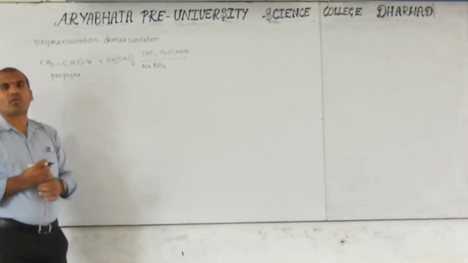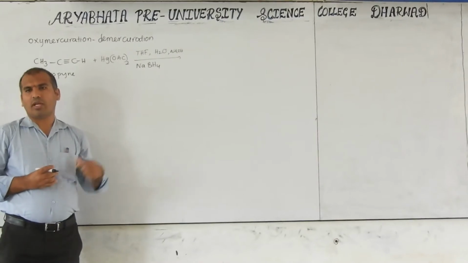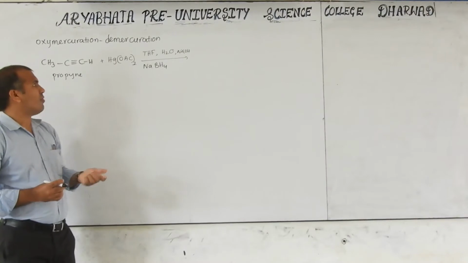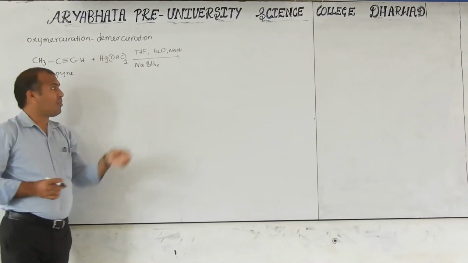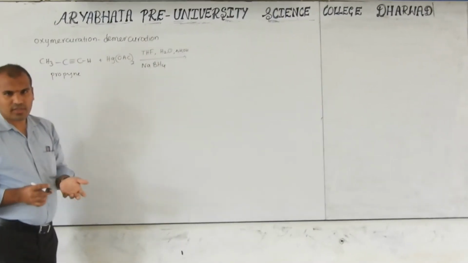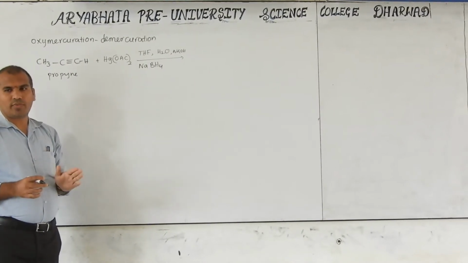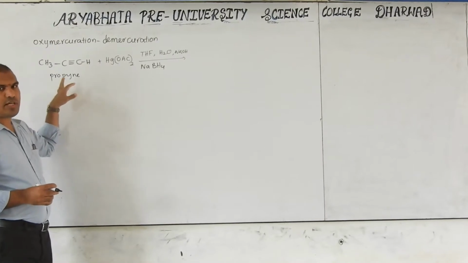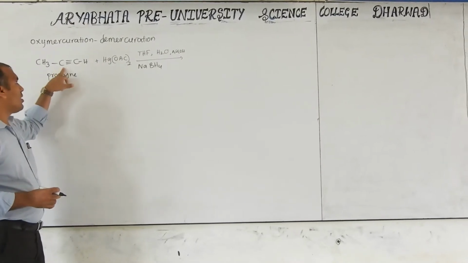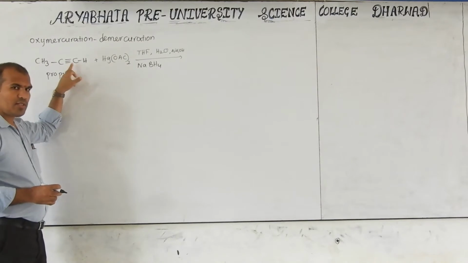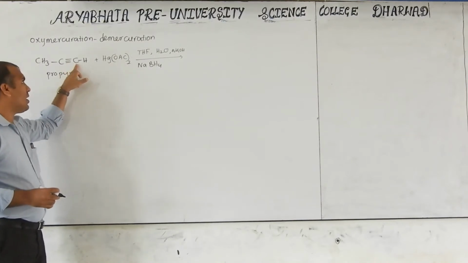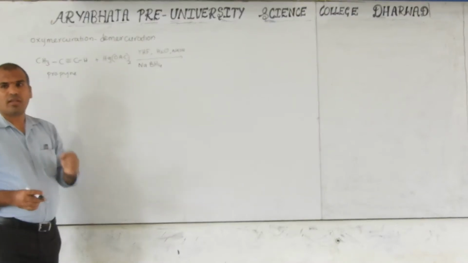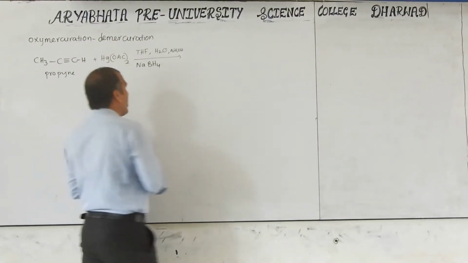It follows the Markovnikov rule, and hydroboration oxidation follows the anti-Markovnikov rule or non-Markovnikov rule. Here Markovnikov rule means that in the water molecule, H plus is there, OH minus is there. The negative part, OH minus, is bonded to the multiple-bonded carbon which has less number of hydrogens. Here this is triple bonded, this is also triple bonded, and here one hydrogen, here no hydrogen. So the negative part is bonded at the carbon with no hydrogen.